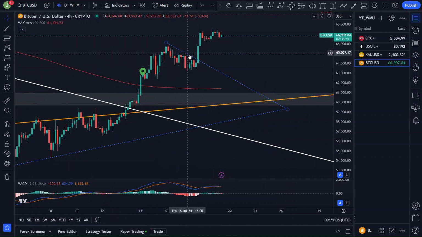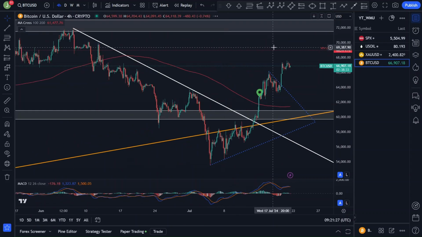I was marking it with my blue dotted downtrend line, and then we had a nice green candle breaking to the upside. That would have been a good opportunity. It's still kind of a good opportunity to get a trade because you can mark this low as your stop loss and ride prices higher,